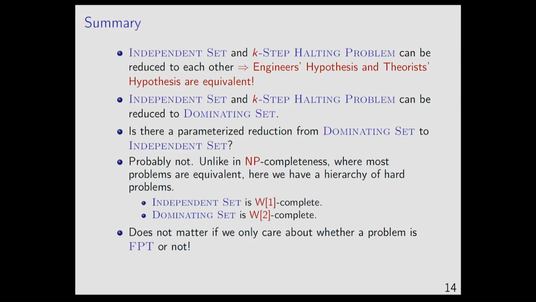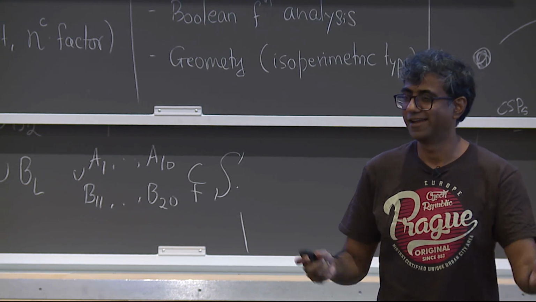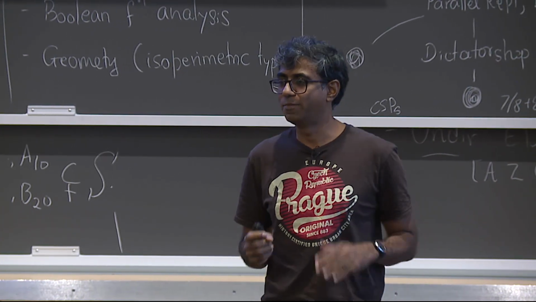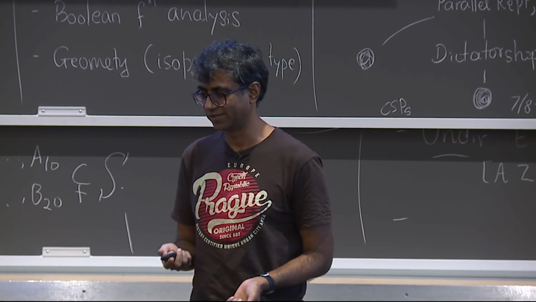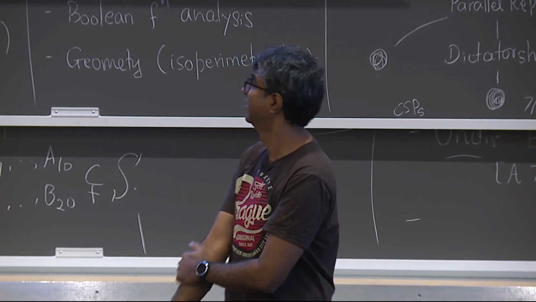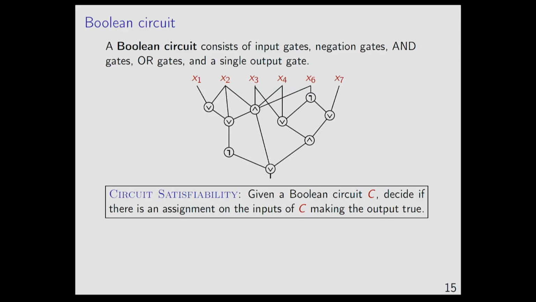So now let me tell you what W[1] and W[2] are, which people hear about, and where they come from. They are basically coming from circuits, so we'll talk a little bit about circuits. Here's a Boolean circuit. What is a Boolean circuit? You can think of this as a DAG. It has a bunch of inputs, some AND gates, some OR gates, and at the end there's a root gate. You set the variables to 0 or 1, because we are only talking about Boolean circuits, and at the end, you see whether this circuit evaluates to 1 or not, based on the gates in between.